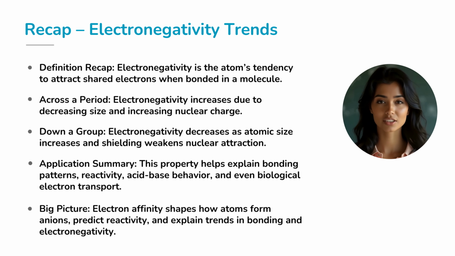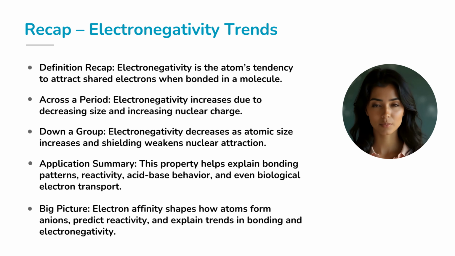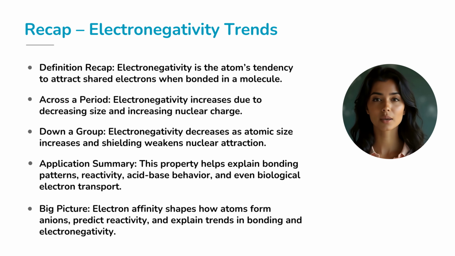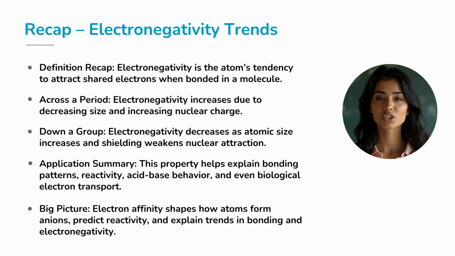Let's quickly revise what we've explored about electronegativity. Electronegativity is the measure of an atom's tendency to attract the bonding electron pair toward itself. As we move across a period, atomic size decreases and nuclear charge increases. So, electronegativity increases. As we go down a group, atomic size increases and shielding dominates. So, electronegativity decreases. Remember, elements with high electronegativity like fluorine and oxygen are key players in oxidation, acid strength, and